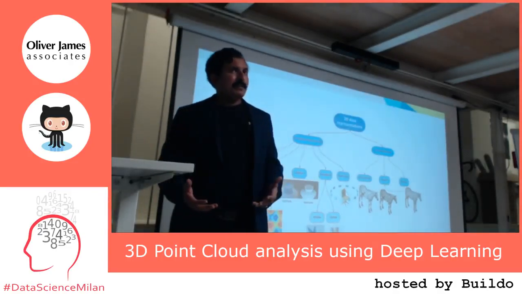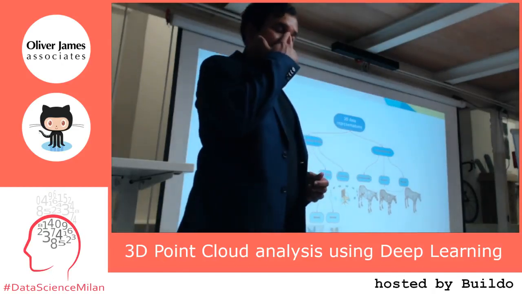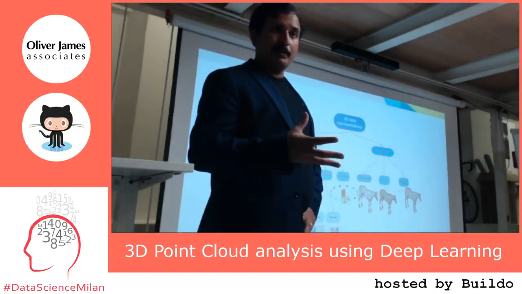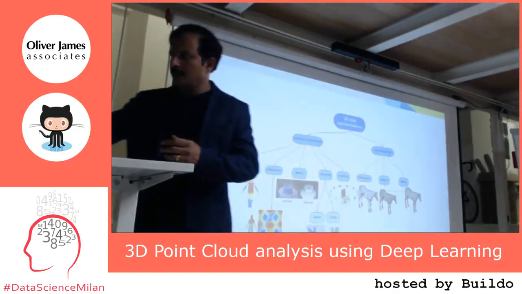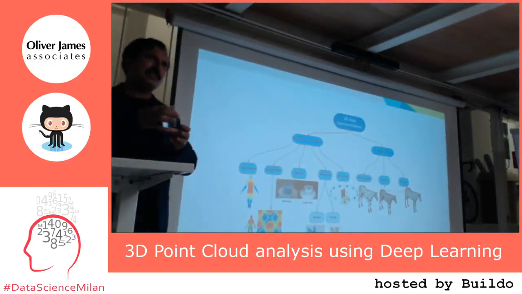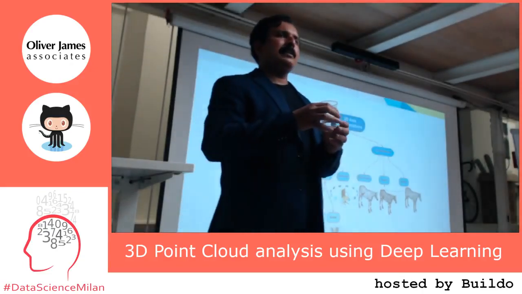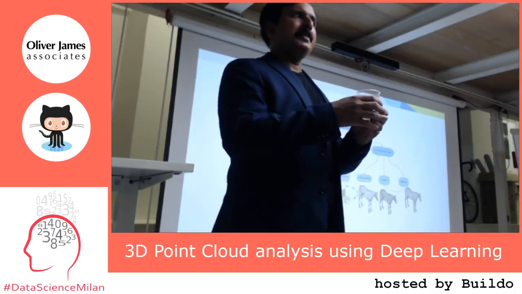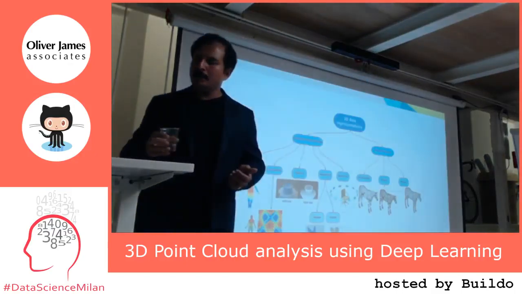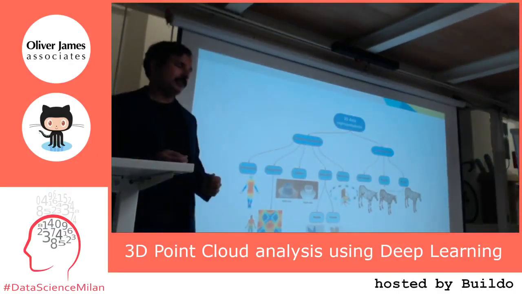There is another way of measuring 3D data or capturing 3D information. It's called volumetric. So you can imagine every object, for example this, even though you see it's empty inside, you can imagine this to be a completely filled volume, and then you can apply deep learning to process the object.